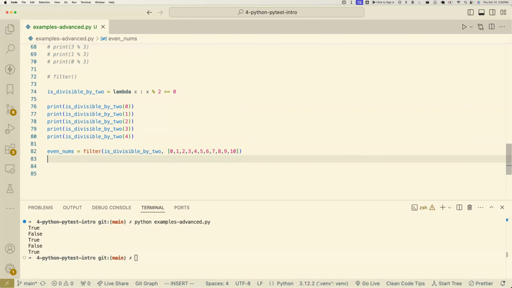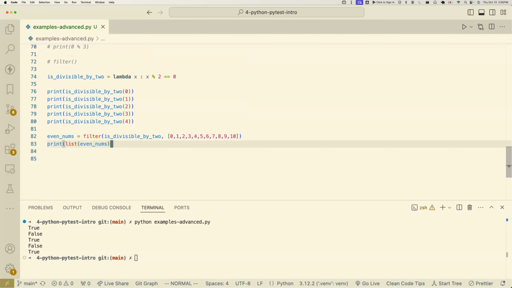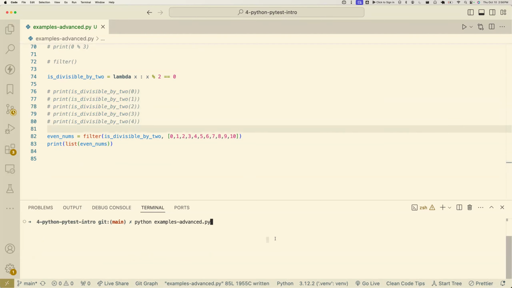So fingers crossed, I got this code right, and let's go ahead and print out what we get. And it returns that map-like object, so we'll cast it to a list, and let's see how we do. And let me comment out all these print statements that we don't need. There we go. I don't know why that was hanging,